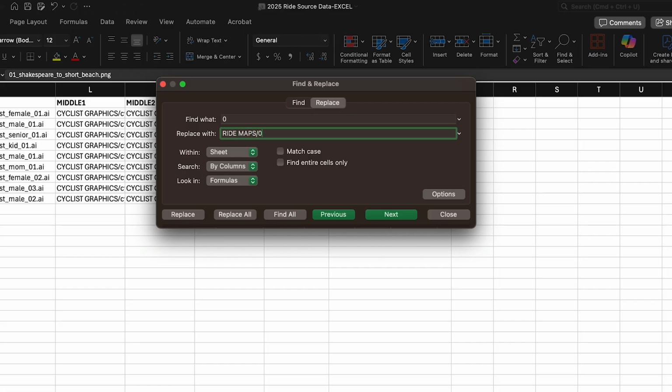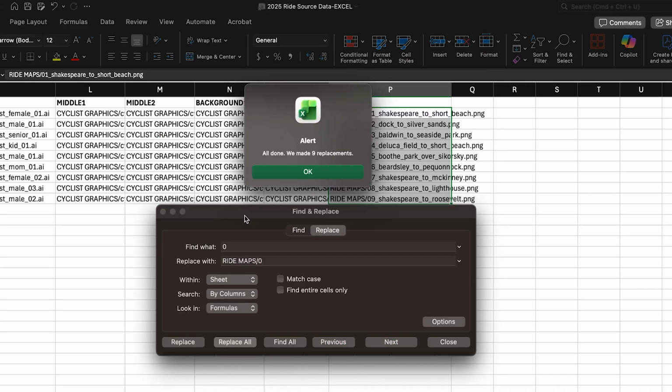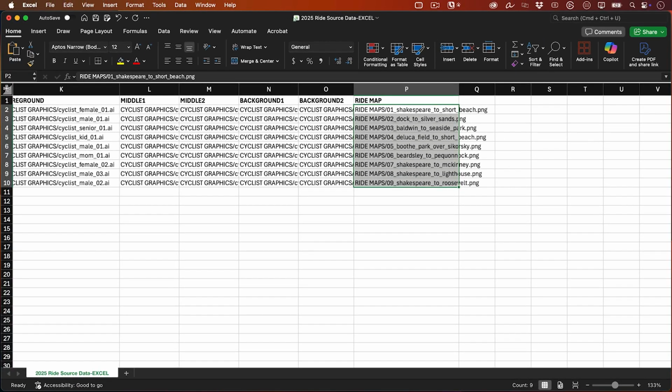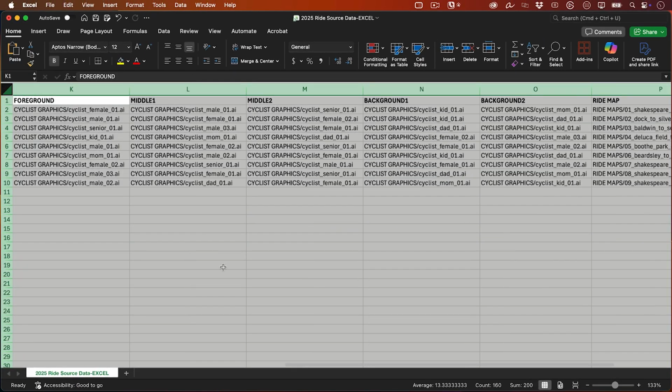Under Options, I've limited the search to columns so I don't affect any zeros in my dates or other cells in the spreadsheet. Then I'll click Replace All, and it makes 9 replacements. Now my file names and paths are all established exactly the way InDesign wants them, and the last thing I